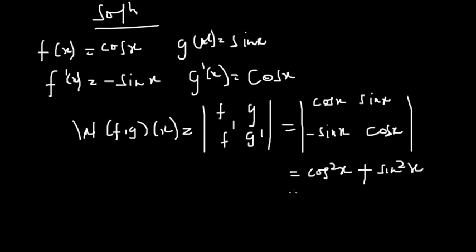From the trigonometry rules, we know that cos squared x plus sin squared x gives us 1. So this value is not equal to 0. So in conclusion, this question is